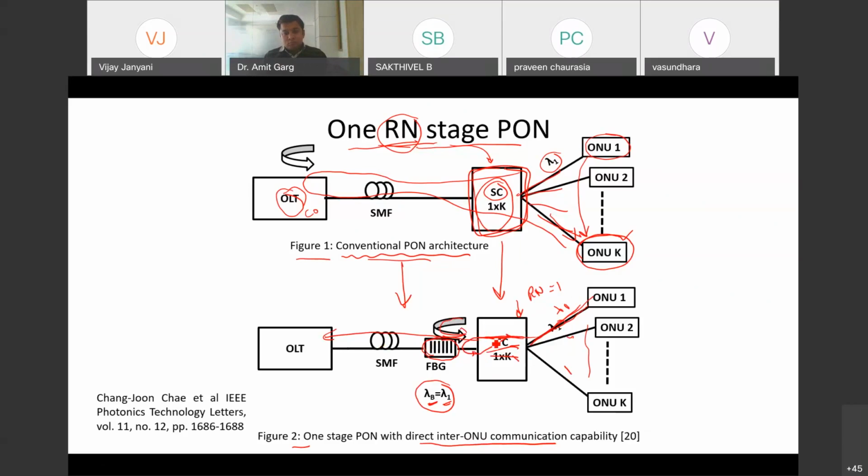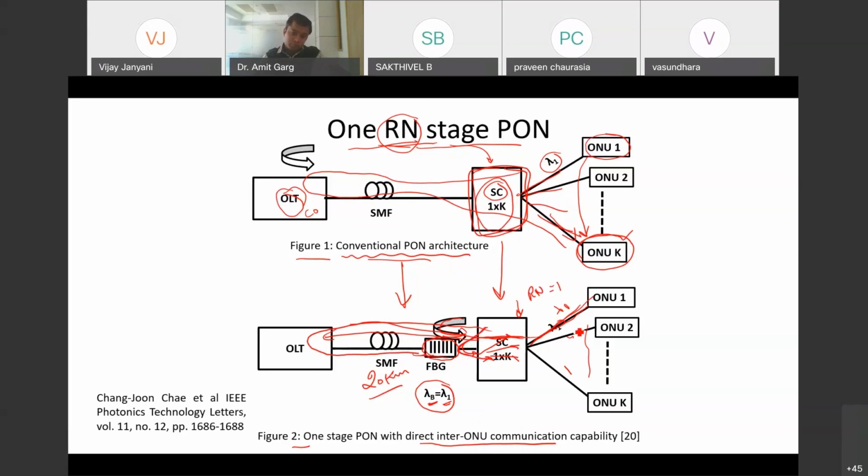So by use of this FBG, you have avoided this lambda 1 signal traveling right up to the OLT and then through the complete fiber of 20 kilometers and coming back. You have bypassed that and made it reflect from here.